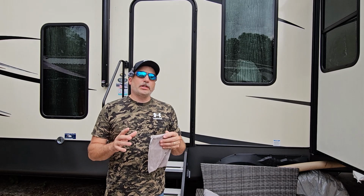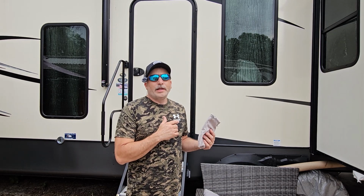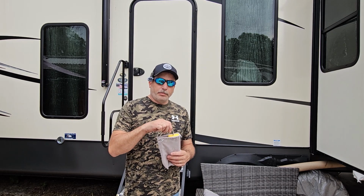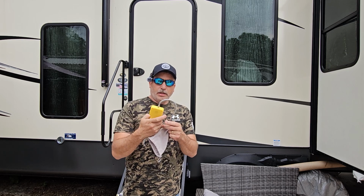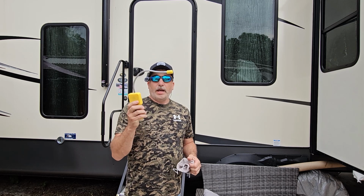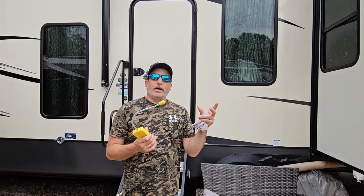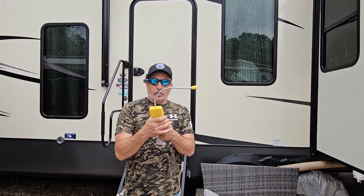All right, one of the first things we use all the time whenever we're hooking up propane, inside for leaks throughout the furnace or the stove, is a combustible gas detector. We chose this one. It's a popular one off Amazon, had a lot of good reviews. And this one we use all the time. Like I said, when we're hooking up our tank or switching them out, not always do the valves shut off. So this one here will help us